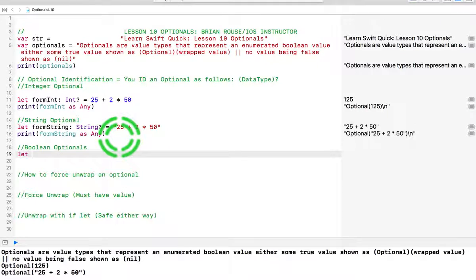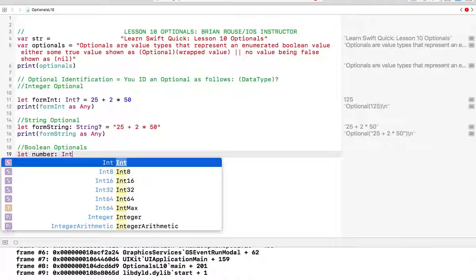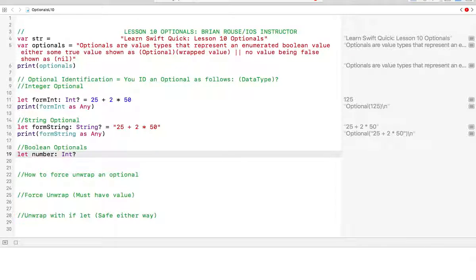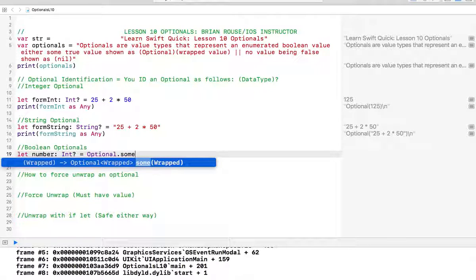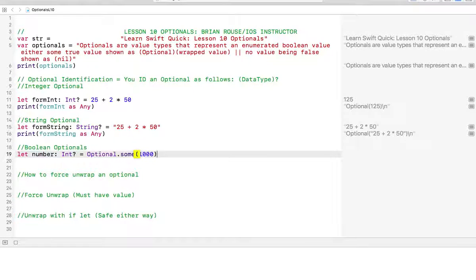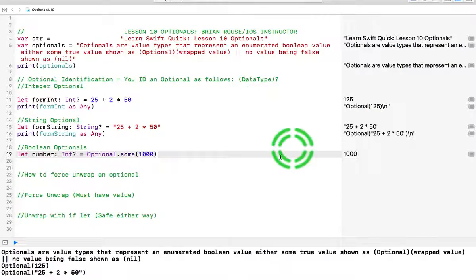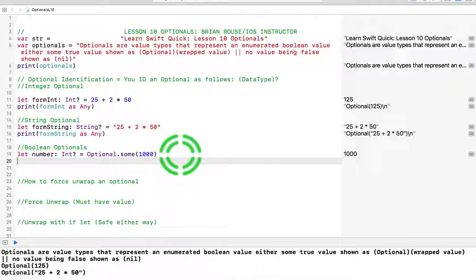So I'm going to create a constant called let number, it's going to be an integer, of course, equal Optional.some value, and we'll make it 1,000. And there you go. You have an optional with 1,000, and if you print it out,